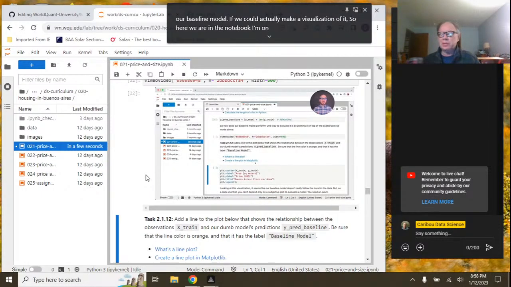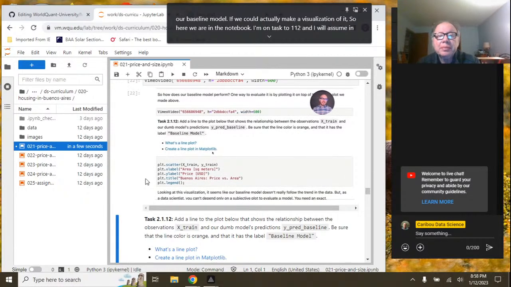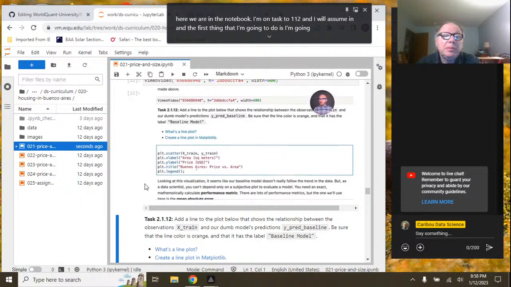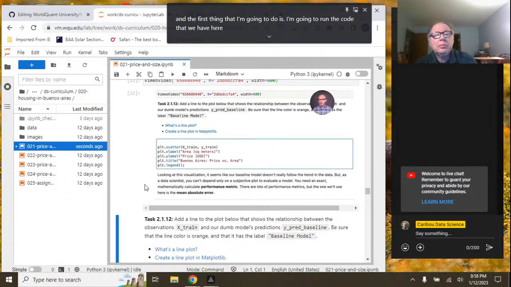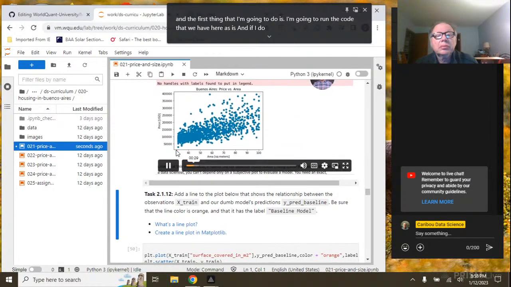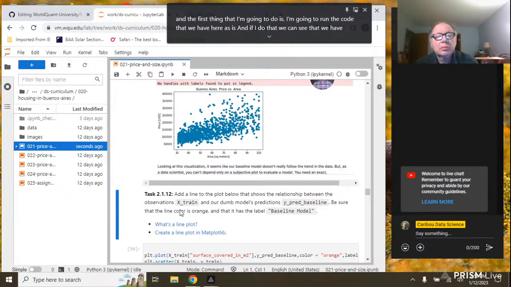I'm on task 2.1.12, and I will zoom in. And the first thing that I'm going to do is run the code that we have here as is. And if I do that, we can see that we have a